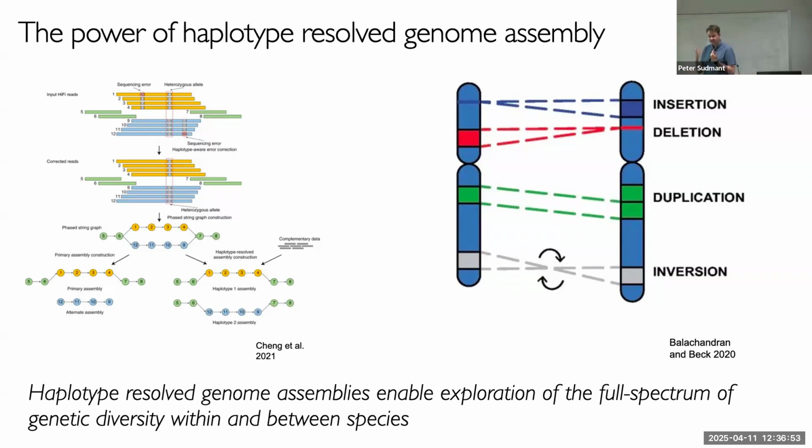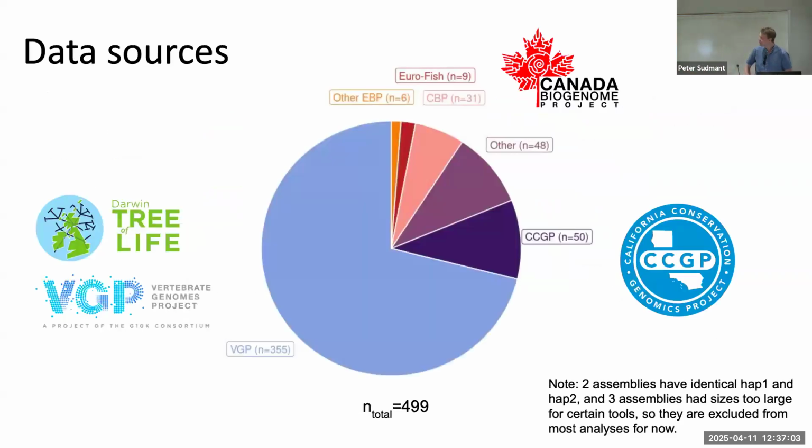This is kind of like thinking about the difference in transposons in chimpanzees and humans, but now looking at just any species. And what species are we going to look at? Well, we've been basically sneaking around the internet, trying to download as many of these recently released massive scale genome assemblies as we can. So there's a huge amount of data from the Vertebrate Genome Project, from the Darwin Tree of Life, and from the California Conservation Genomics Project, the CCGP.